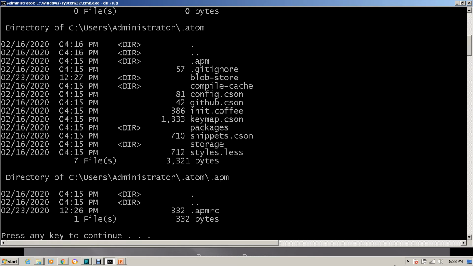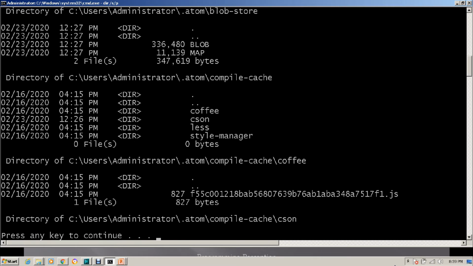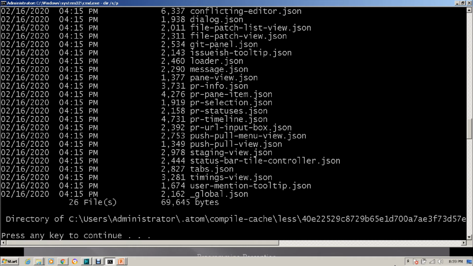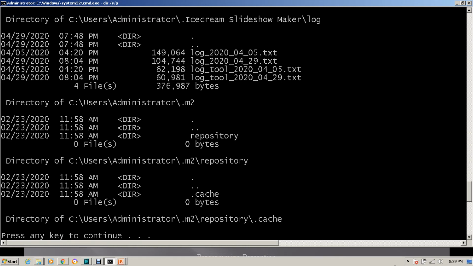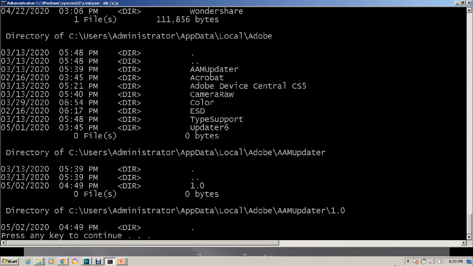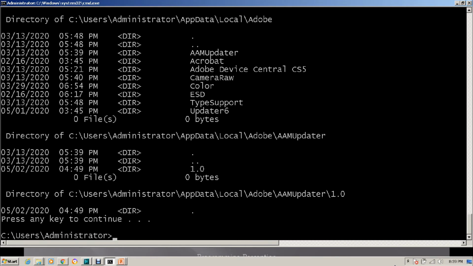Enter one more time. Now it is showing me .atom and .apm subdirectory of .atom. So it will show me all the subdirectories that are available over there. All that I need to do is press enter, and it will show me the detail page by page. Okay, if you are fed up of it, you can simply press Ctrl C. Okay, fine, and command will end.